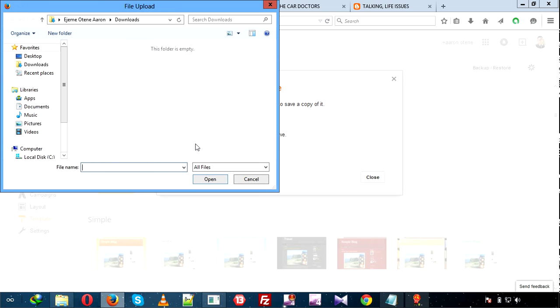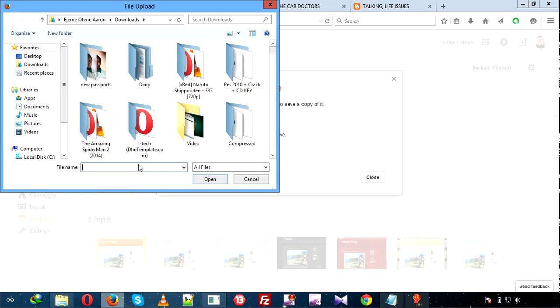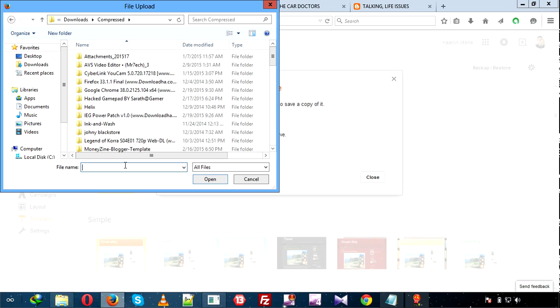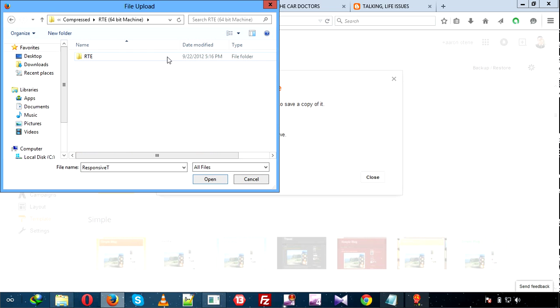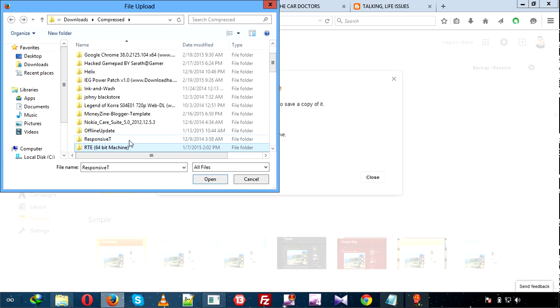So I'll click on browse. I'll check, but actually it was a compressed folder, so I click on here. The name of the template is called responsive T. Okay, responsive T. So you open it up. Excuse me, go back. You open it up